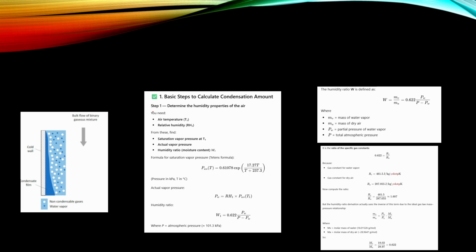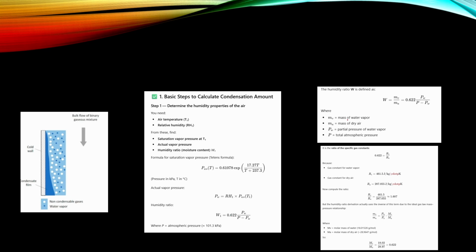So step 1 is that we need the air temperature and relative humidity, and then we can calculate the vapor pressure at this temperature. And this actual vapor pressure is the relative humidity times this vapor pressure, and the humidity ratio can be calculated from this function,